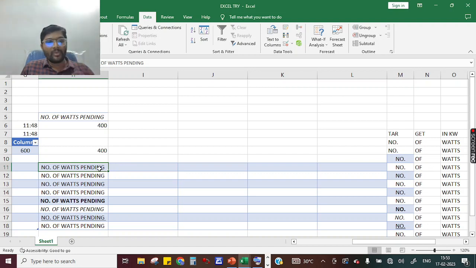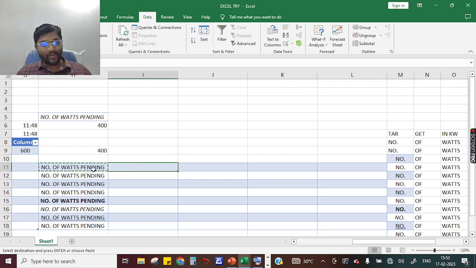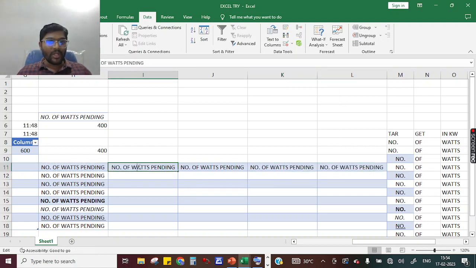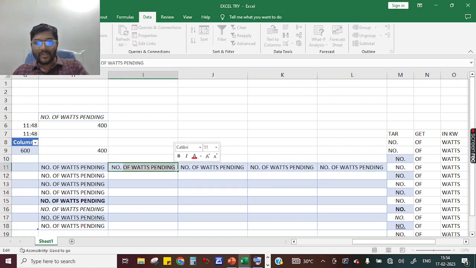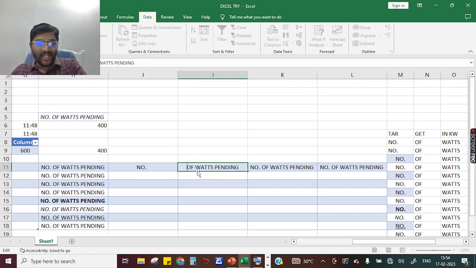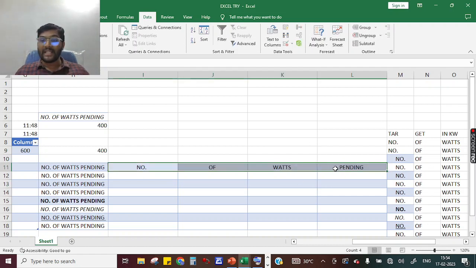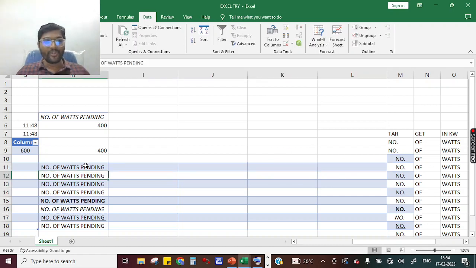Normally what we will do, we will copy here, and if you want to paste the number here, what's here, pending here, in the traditional method, you will copy here, copy here, copy here, and then you will delete it like this. So this is the manual way of doing it. If you want only what's here, you will select this. If you want only pending here, you will select this, like this you will do. But there is another way to perform it in a beautiful way. That is